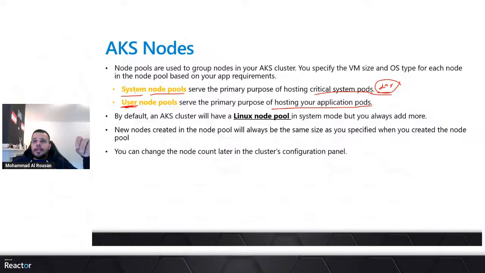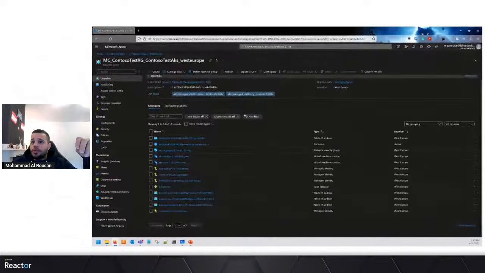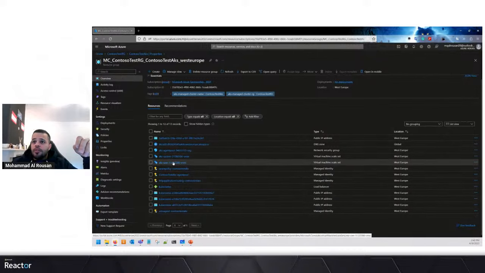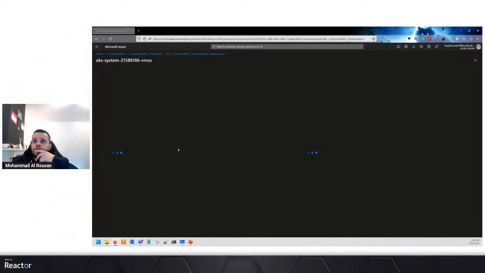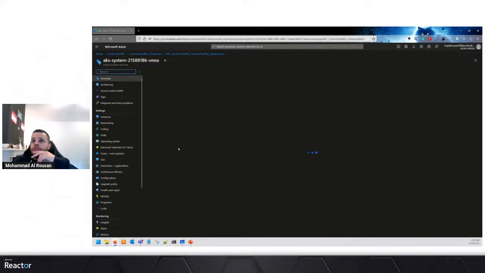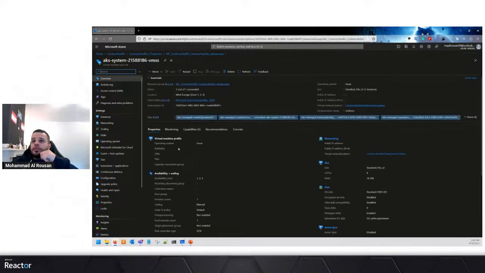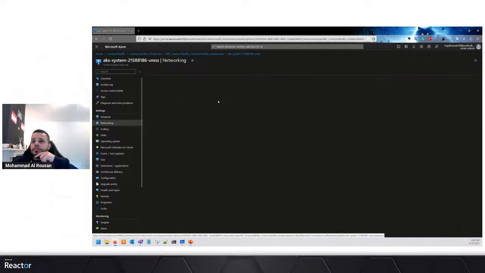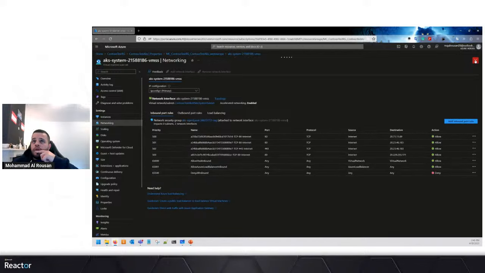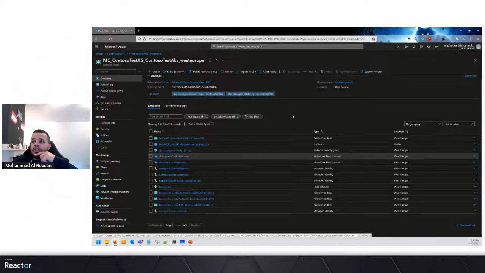And since they are VM scale sets, you can easily scale up, scale down these machines. So if we go to the deployment, we have the user scale set, this is the scale set. As you can see here, we go to the instances. We have one instance only here. So it's virtual machine scale set. The same for user.